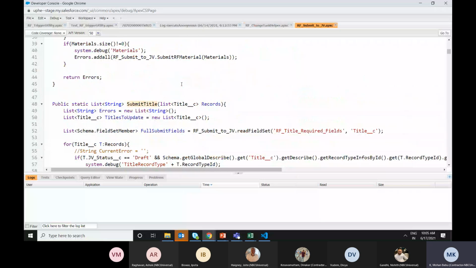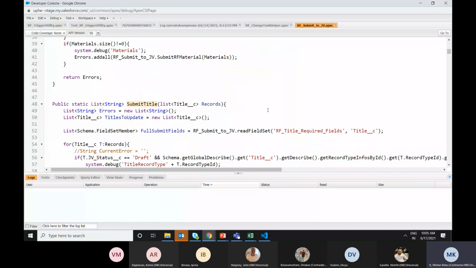And if we are good to go, we are submitting all the materials. And if it is partially submitted, or some of the materials are not being submitted because we got some error, why is it not being submitted? One material is already submitted, so that's why it's not submitted while submitting from the release. Okay, so message in this Apex Plus or Studio.